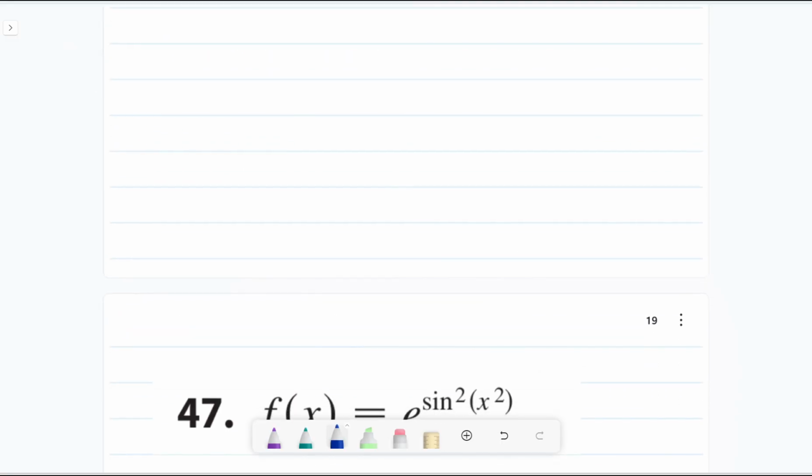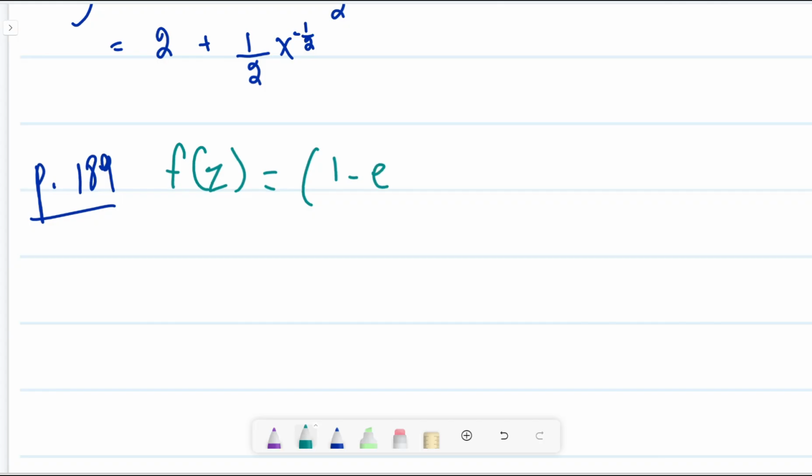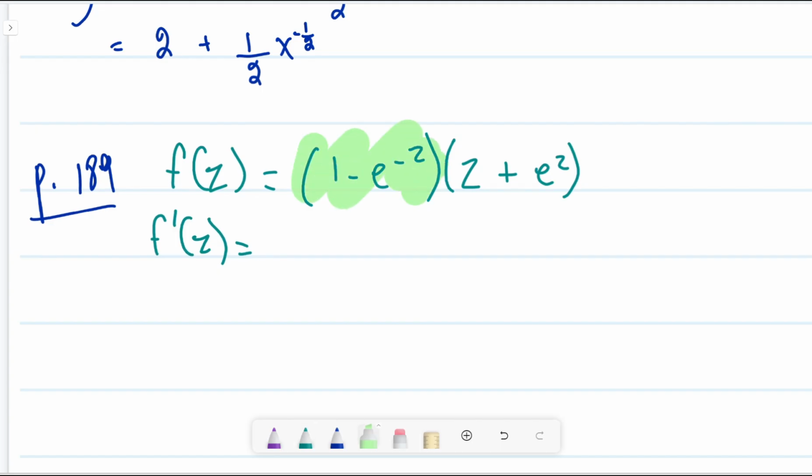Now, I will move on to a few other examples that come from page 189 in the book. So let's start. If f of z equals (1 minus e to the power of -z) times (z plus e to the power of z), find f prime of z. We can see that we have a first term and a second term being multiplied, so we can use the product